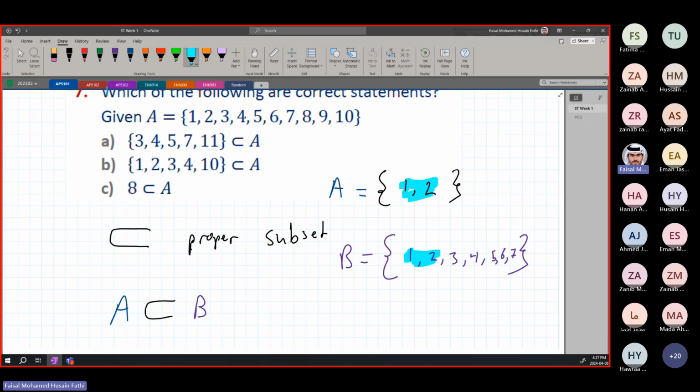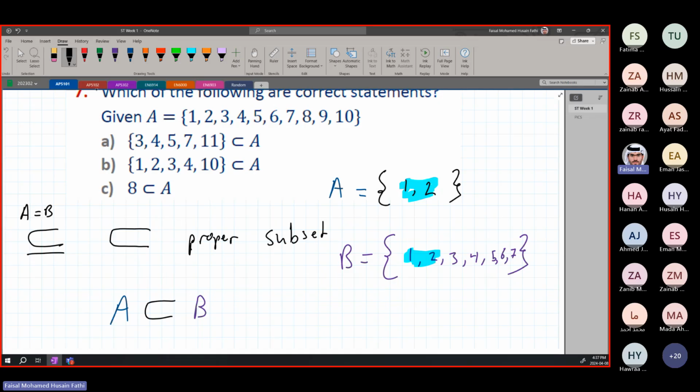All right? The difference between a proper subset and a normal subset: a subset is going to be given like this. And the only difference between these is this one can be given when A is equal to B. Meaning, we can say B is a subset of itself. We can say that. But B is not a proper subset of itself. In other words, if the two sets are equal, you are saying this is a subset of the other one. It is correct, but they're equal. So it is not a proper subset.